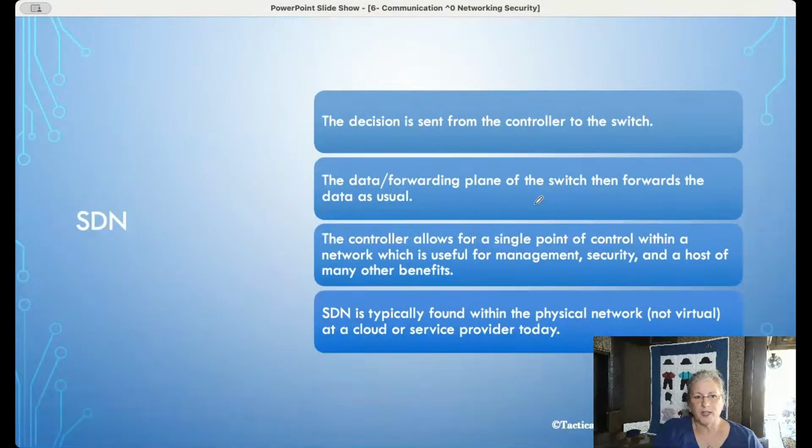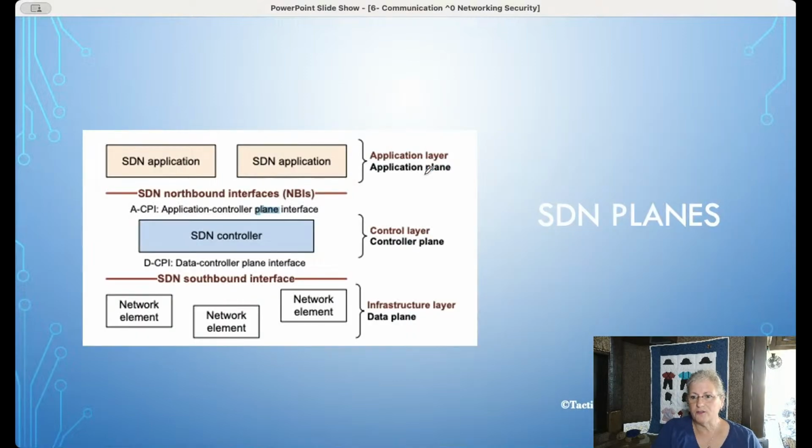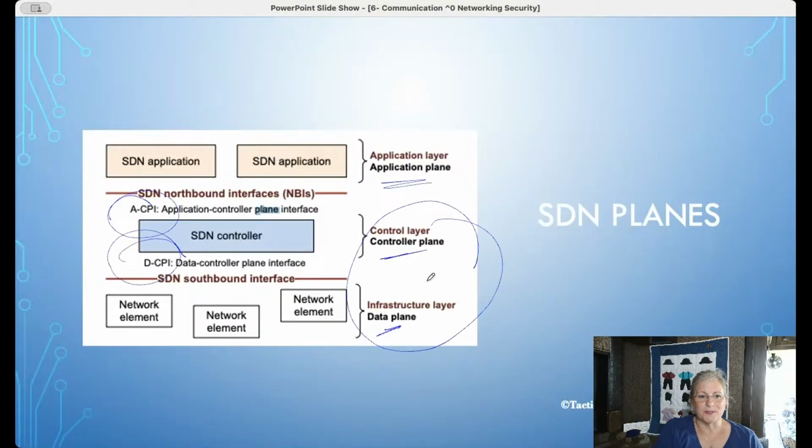All right, in software-defined networking, we say we have the forwarding plane or the data plane, and then we have the control plane. But there is actually 5 different planes that have been identified in software-defined networking. The application plane, the controller plane, the data plane. Then we have the application controller plane and the data controller plane. The ones to worry about are just these 2, but if you get into software-defined networking, there is a lot more to it. This is just the fundamental basics to it, is data plane and control plane. It's really a marvelous idea.